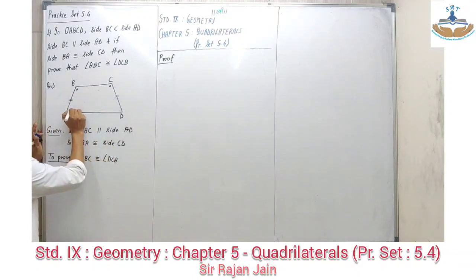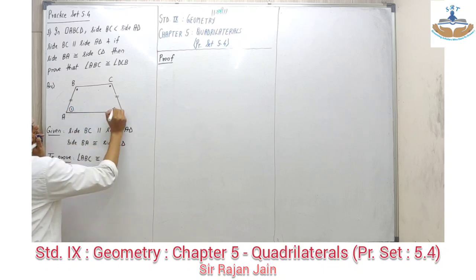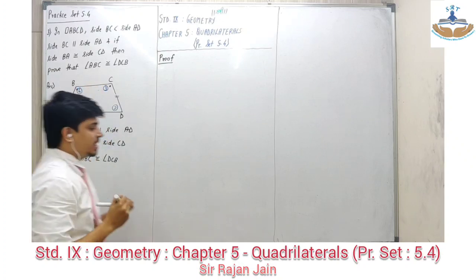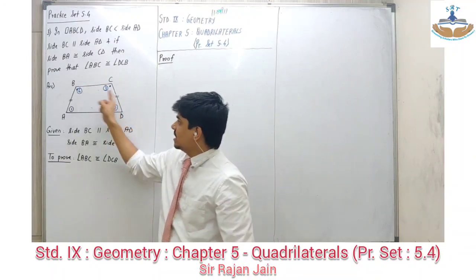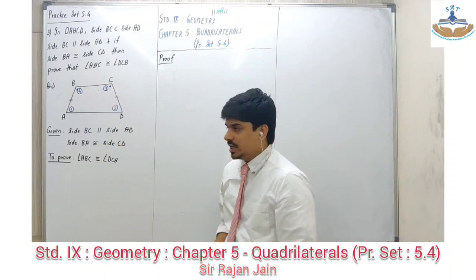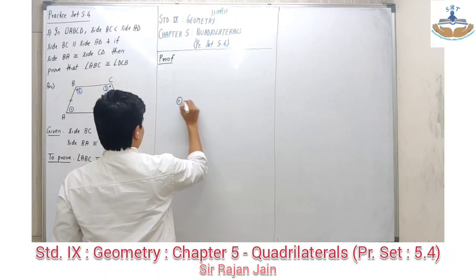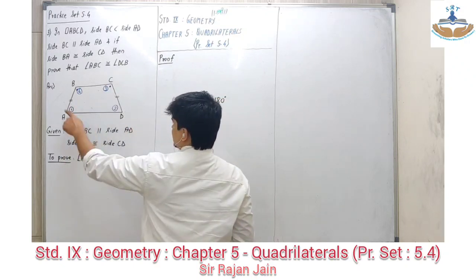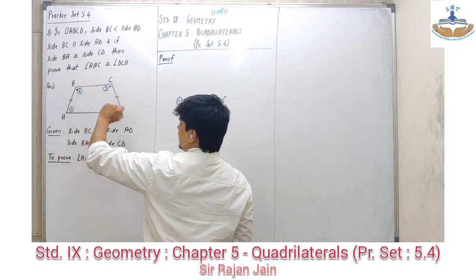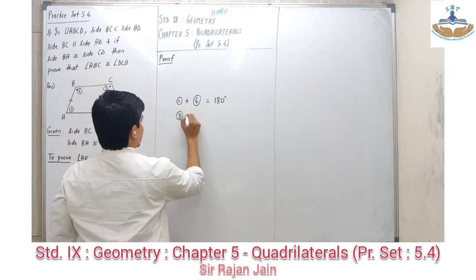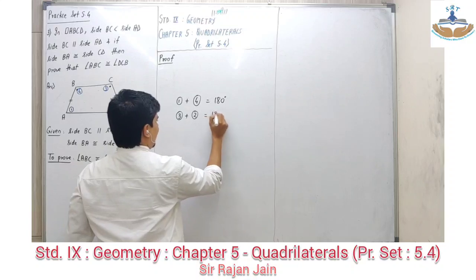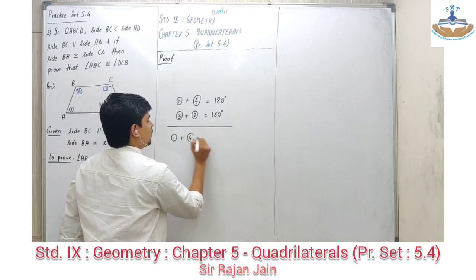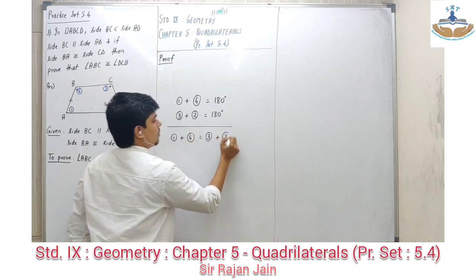Let's number the angles for our understanding. I have given this 1, this 2, this 3, this 4. Your target is what? That angle 3 and angle 4 should be congruent to each other. Okay, look here. Can I say that 1 plus 4 is equal to 180 degrees because the lines are parallel, C figure getting formed by the interior angle theorem. Then you can also say 3 plus 2 is equal to 180. The conclusion: can I say 1 plus 4 is equal to 3 plus 2?